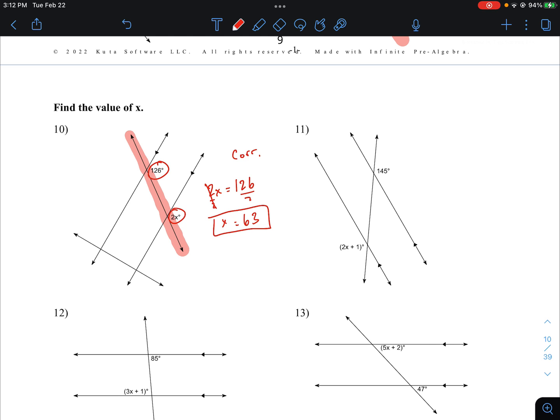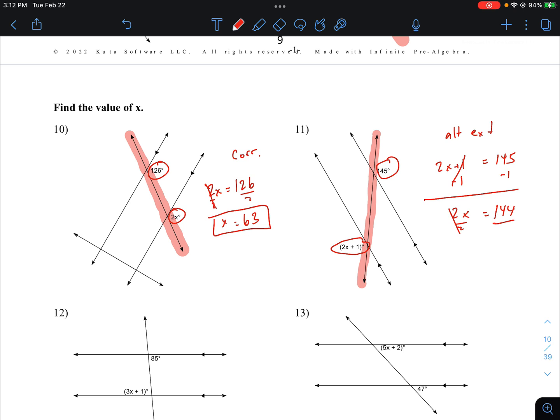All right, let's take a look at the next one. Our transversal runs down like that. We have this angle right here and this angle. They are on the exterior. Are they on opposite sides of our transversal? They are. So they are alternate exterior angles, which are congruent. So we will write 2x plus 1 is equal to 145. Let's solve this equation now. Subtract 1 from both sides. That cancels out. We have 144. Divide by 2 now, which cancels, and x equals